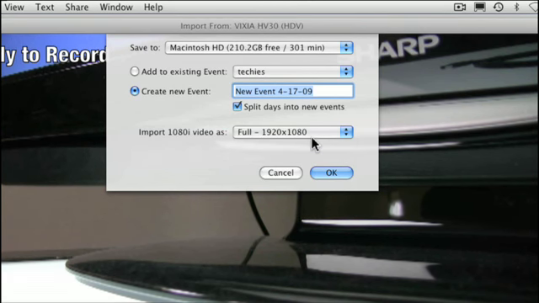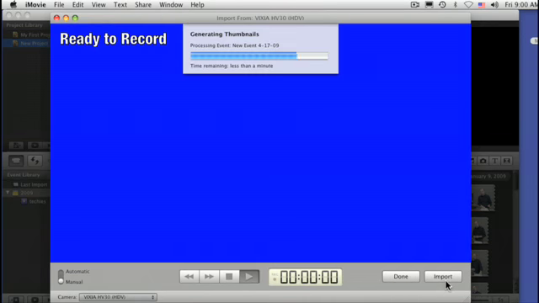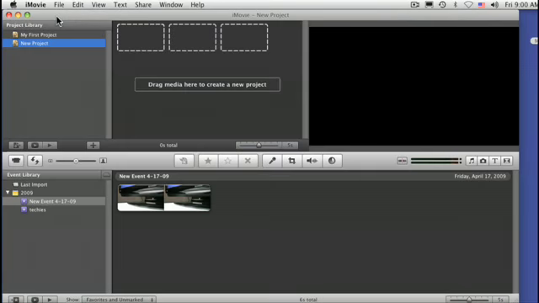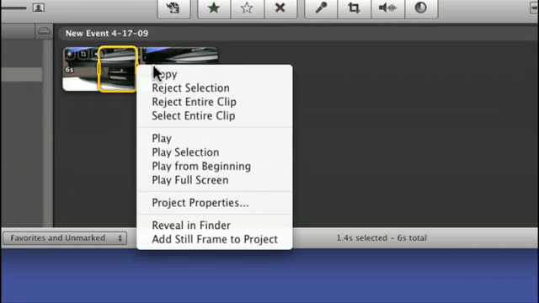Now one of the problems I've run into when I do this is I click OK, and it's going to start capturing. You'll notice right down here the seconds are clicking away. And then I click stop. Then it's going to generate thumbnails in iMovie 08. And I'm going to go ahead and close out. And then it shows up right here. And there's my video. If I right click on that and go to Reveal in Finder,